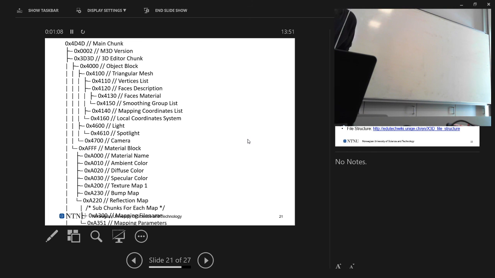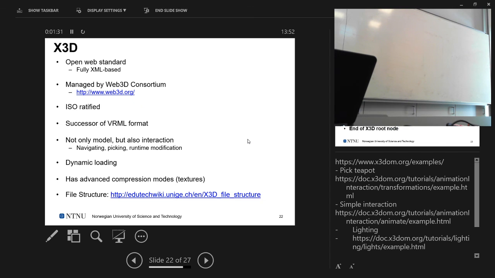Yeah, I won't spend much time on this. It's a binary format, so it's hard to read, but if you look at the example of how it's built up, you see more or less the same things as you saw in the OBJ file. So you see that you have triangle meshes, vertex lists. You have, of course, the support for lighting here, you see, like a spotlight type. And then you have lots of materials, which is also included in this file, and so on and so forth. But we won't deal so much with that, so I'll just skip on to the X3D,